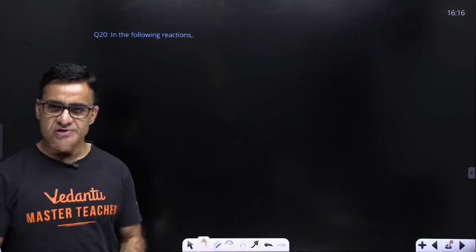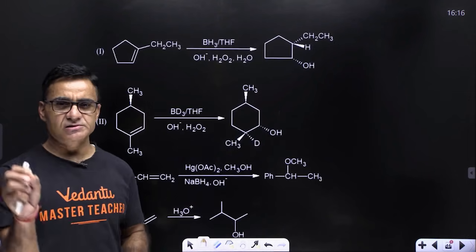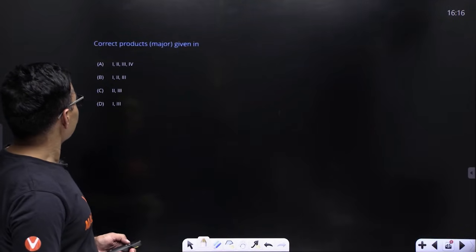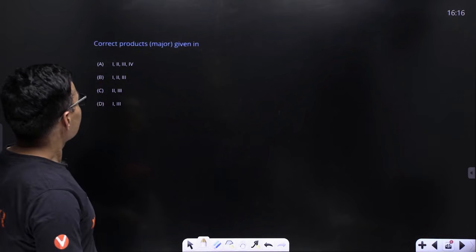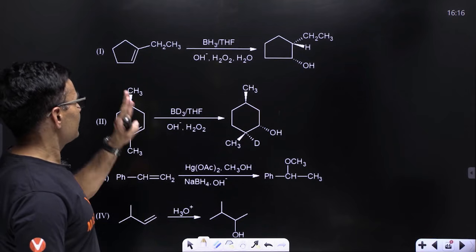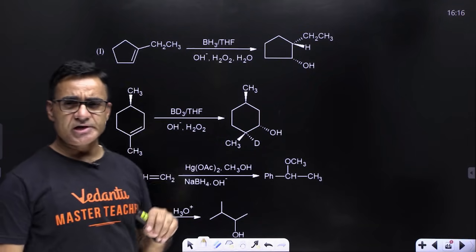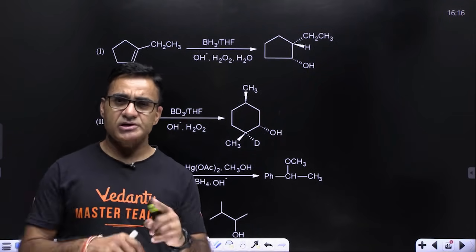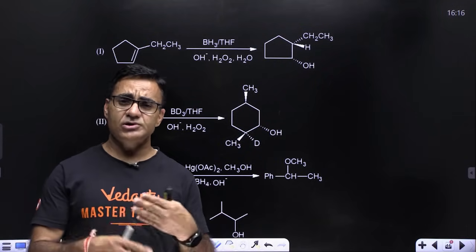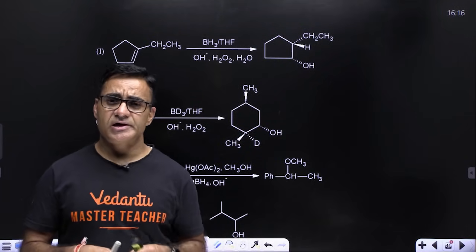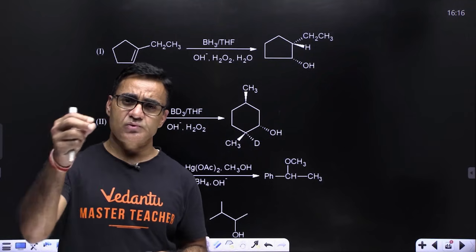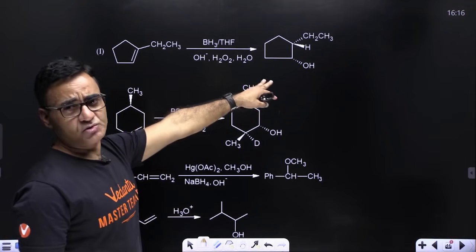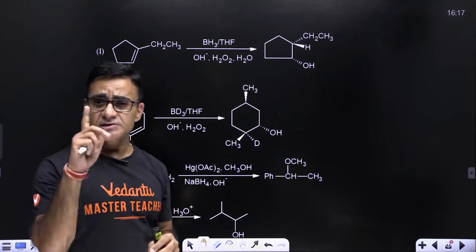All right, in the given question we need to check which reaction has major product written in the right hand side of the reaction. All right, so we have to find out the combo from the given options. So let's check each and every reaction carefully. Like the first reaction is actually hydroboration oxidation. We all know hydroboration oxidation में जो final product बनता है that will be addition of water according to anti-Markovnikov rule. I mean जो मार्कोनिकॉफ रूल का उल्टा प्रोडक्ट होता है बेसिकली वो बनता है, एंड syn addition है तो H and OH डबल बॉन्ड के सेम साइड में आएंगे। Now look at this, यहाँ पे anti-Markovnikov is justified, कोई प्रॉब्लम नहीं है, but H and OH are not in the same side,